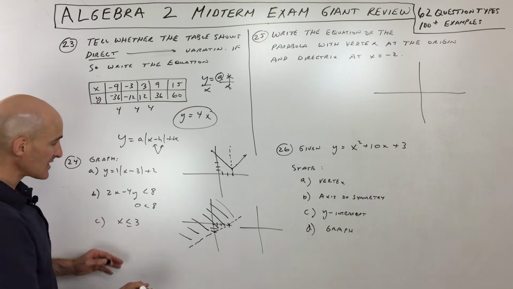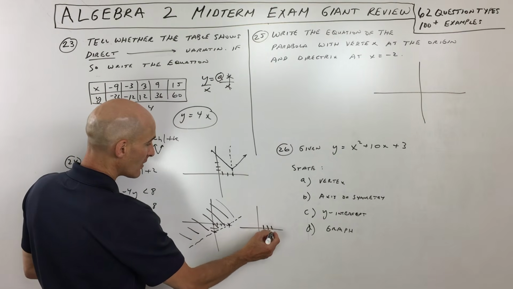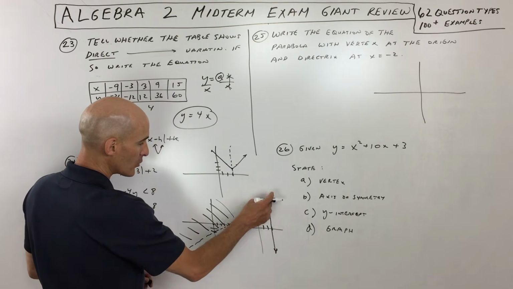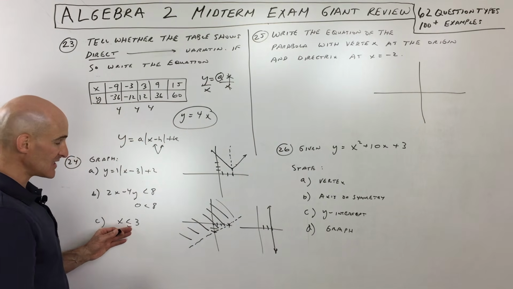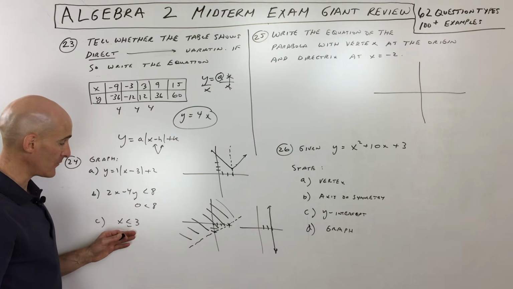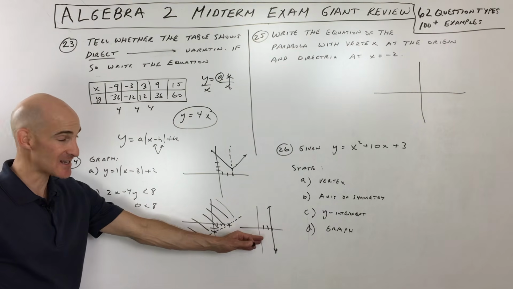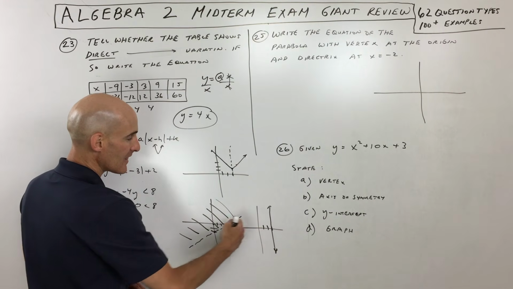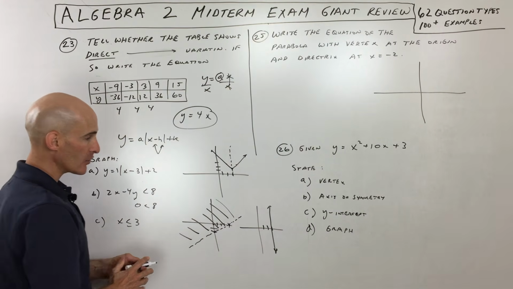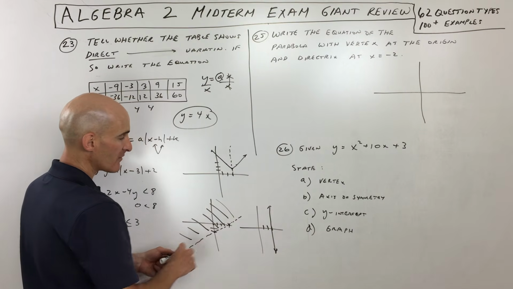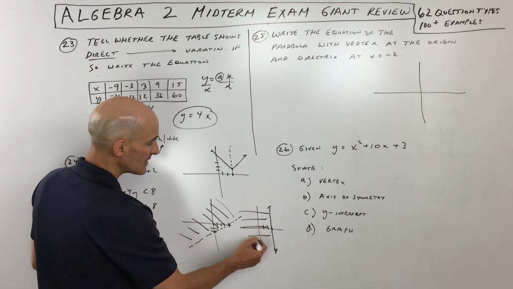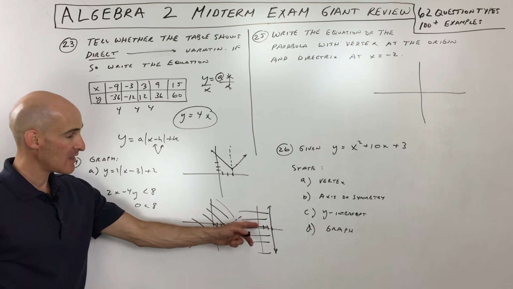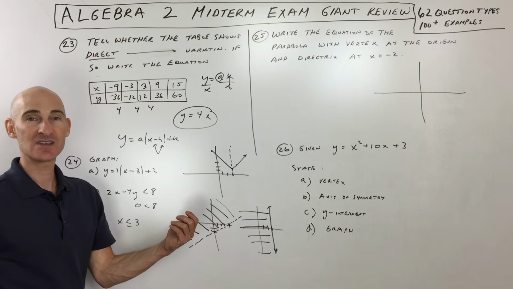And then the last one, x is less than or equal to 3. Well, we know that x lines are going to be vertical lines like that. No matter what the y value is, x is always fixed at 3, but you can see it's equal to, which is why I drew it as a solid line. If it was just less than, I would have drawn it as a dotted line. Less than means that we're going to the left when it comes to the x value. If it was greater than, we would be going to the right. So we want the x values that are less than 3, meaning to the left, so I would shade this side of the plane. Again, you can do the test point method, put (0, 0) in. That's true, so you know you're shading the correct side of the plane.